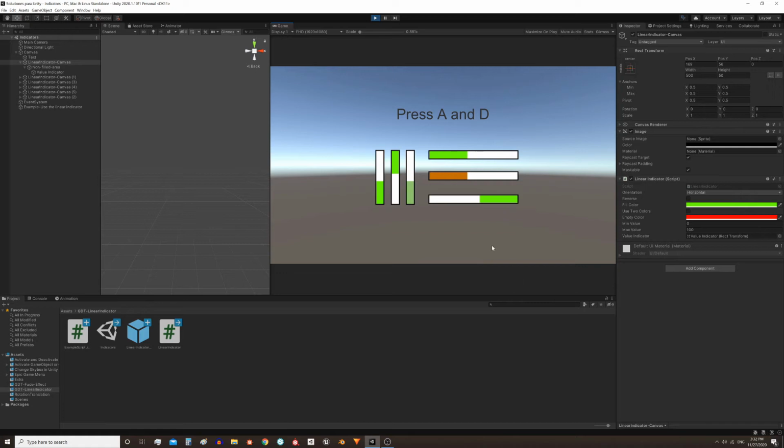There is a new asset in the website. It's this indicator bar you see on the screen. In this video, I'm going to show you how it works, the parameters that can be configured in the inspector, and how to write a script that uses this indicator bar to show a health or armor value, for example.